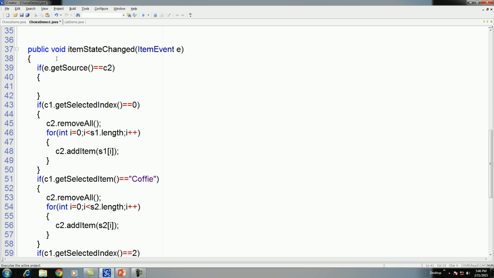Then within the text box field, set text c2 dot get selected item, then continue the string "ordered by customer". Okay, let us see how it will work.